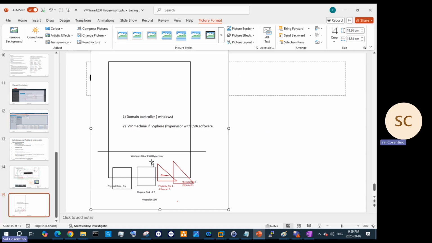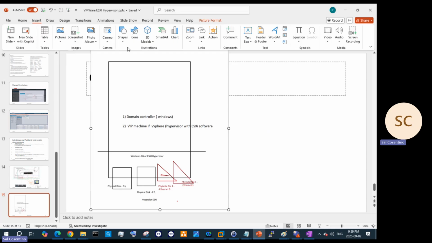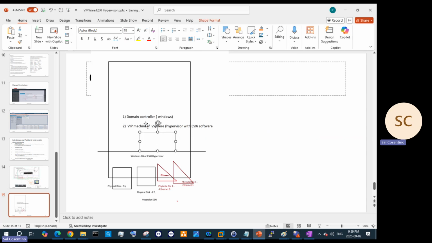Just remember that when you're building your operating system on these hypervisors, or installing the ESXi hypervisor software, or just the Windows software, and then on top of that you're creating, this one here. There we go. So right here is where your software, you're gonna configure